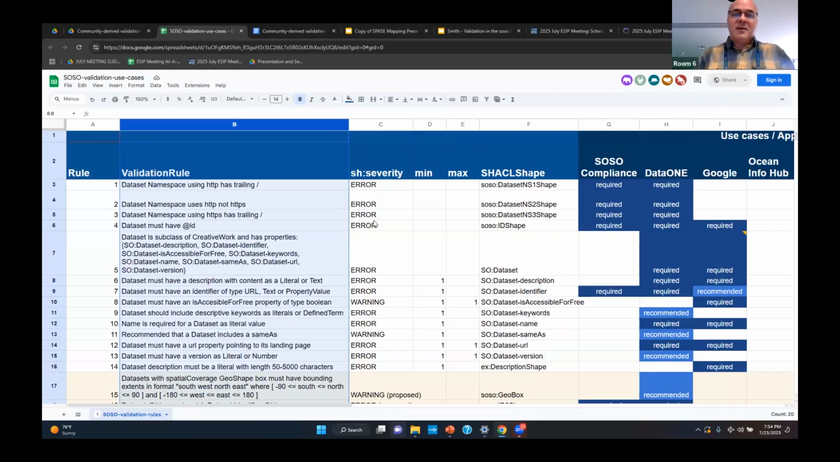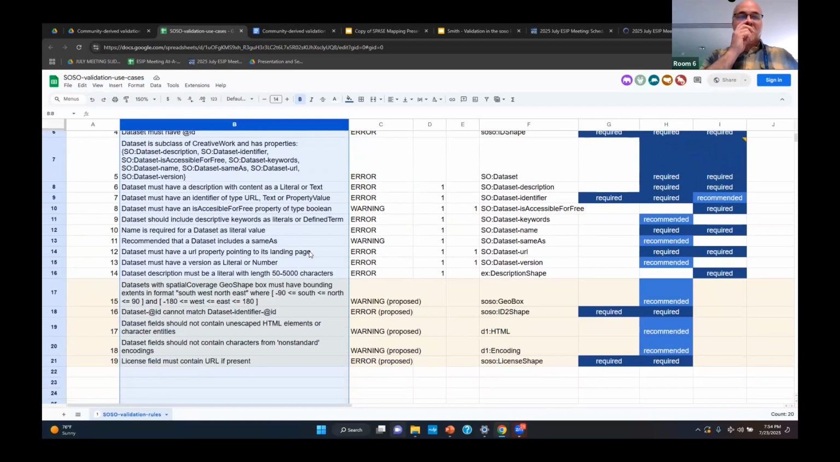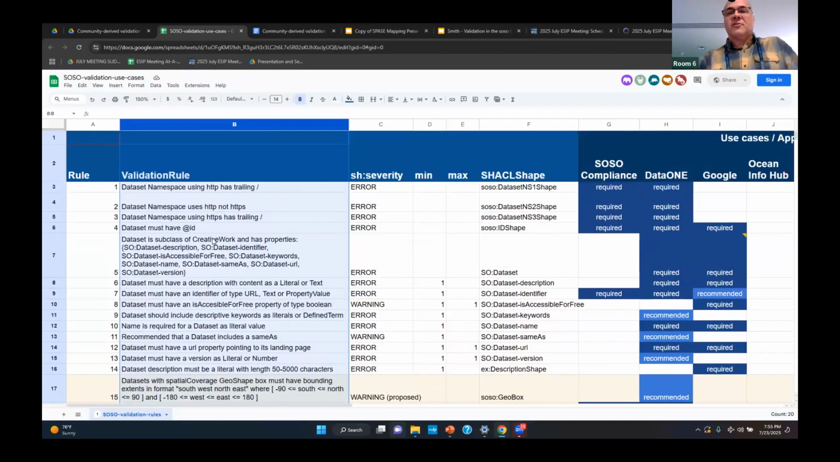Then Ian went through and added a few more proposed things that were in his slides for DataONE: for datasets with spatial coverage, it would be really nice if they conformed to a certain bounding box convention, and did not have, say, values greater than 360 degrees or things like that. So these are a proposed set of rules, and we tried to start mapping those to a set